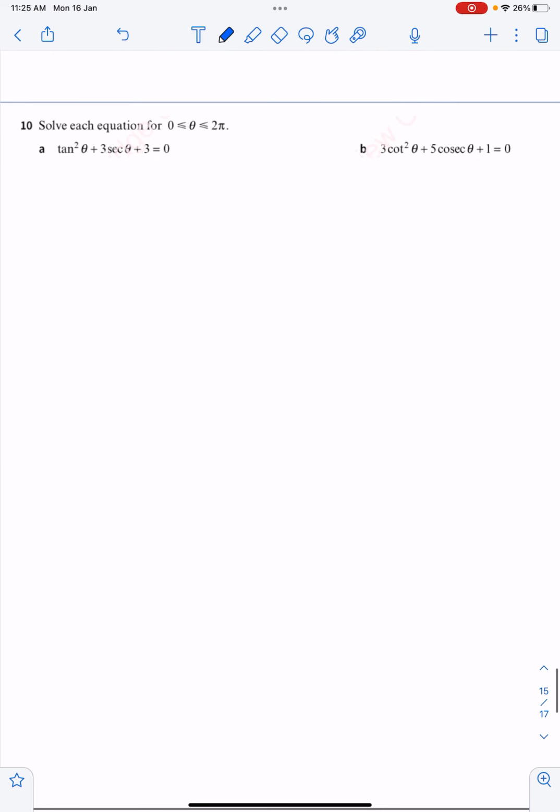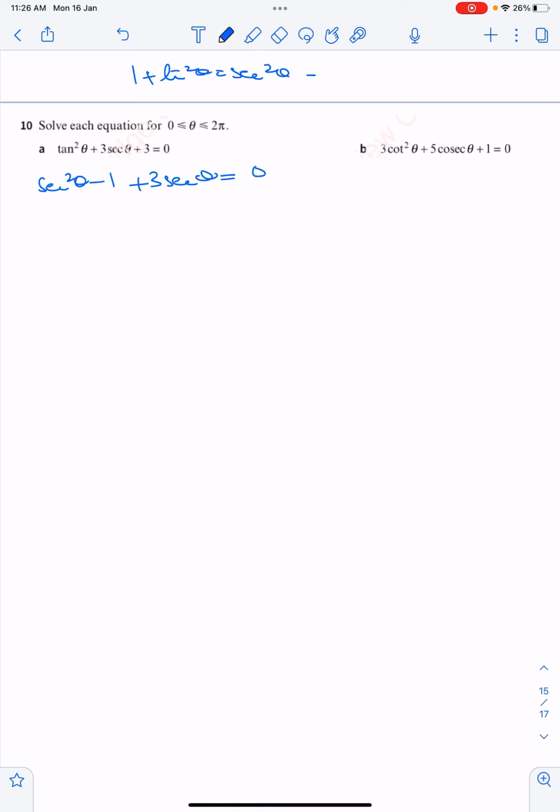Okay, question number 10, I'm just going to do one part out of this. It's the same, you have to use the identity, but you have to look for the angles between 0 and 2 pi. So I'm doing the first one. I'm going to replace tan square theta, because the identity is 1 plus tan square theta equals to sec square theta. So I'm going to replace tan square theta by sec square theta minus 1 plus 3 sec theta equals